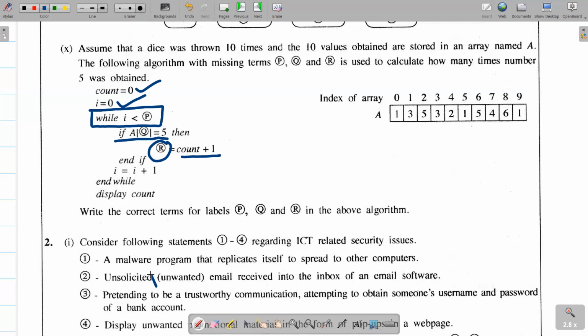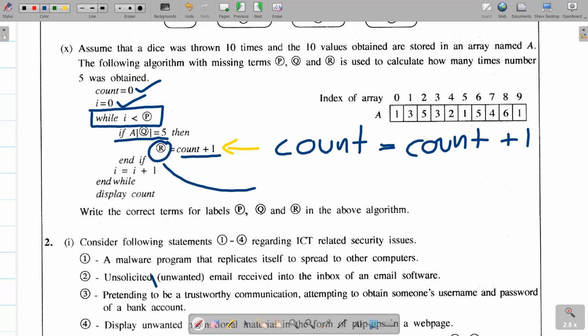So since we need to increase or count the number of fives through the algorithm, this kind of equation goes like this: count equals count plus 1, right? So R is count definitely, right? And since you are comparing the components of the array,